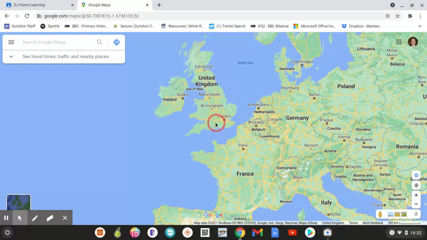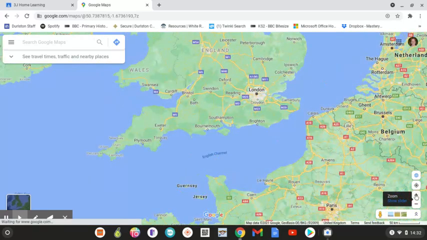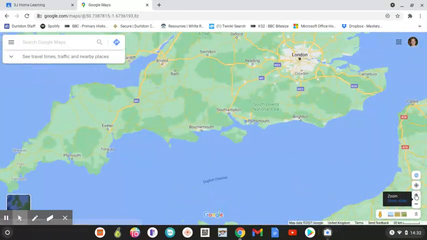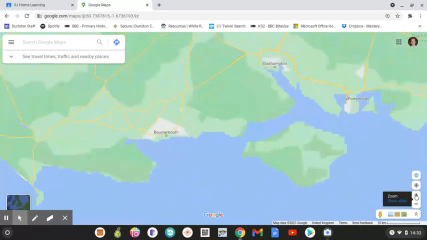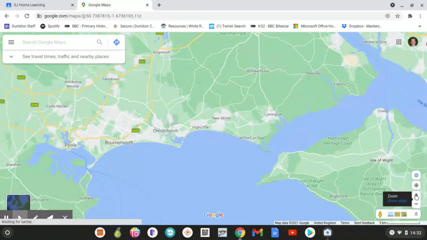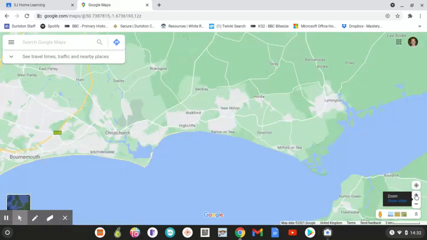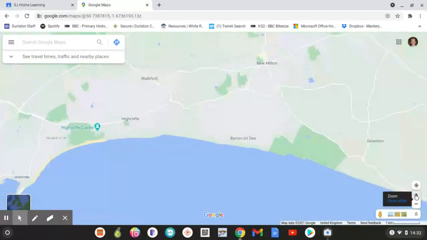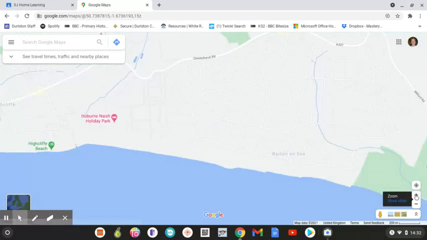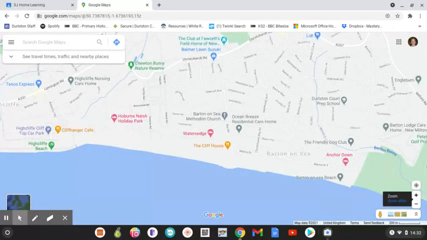Now, we're going to hone in to the south of England, okay? You can see the Isle of Wight there. We're going to hone in there and we're going to go into Barton-on-Sea. And you can see Southampton and Bournemouth appear. And then as we get closer and closer, you can see Highcliffe, New Milton, and then look, Barton-on-Sea has popped up nicely there. Okay, so right on the coast, on the seafront, with the Isle of Wight opposite